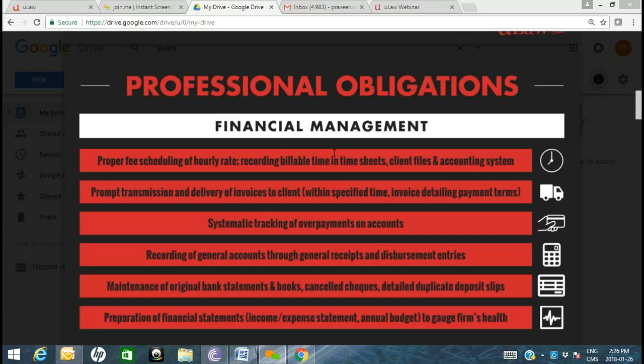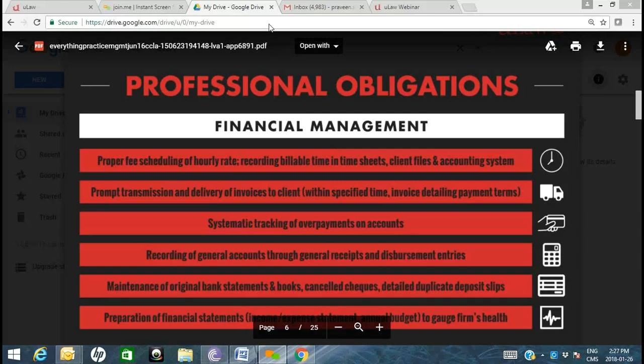Perfect. So you've determined the fee schedule. You found a way to capture these dockets or disbursements as and when they happen for your client. Fantastic. The next very important step is,